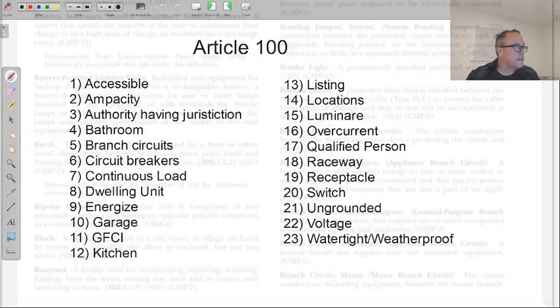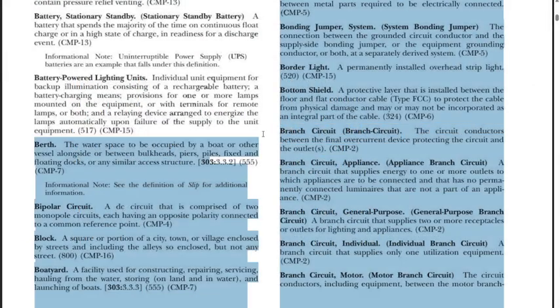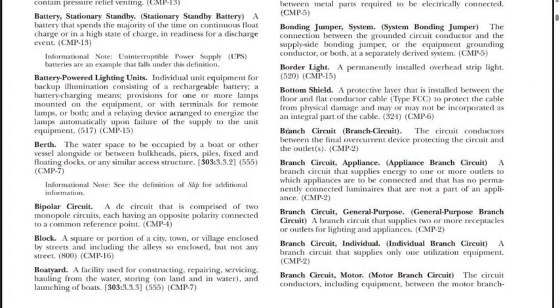So let's jump over to the next one, which is branch circuits. All right, and here again we have 1, 2, 3, 4. There are a bunch of branch circuits, so let's go through all of them quickly because we really just have to hit the first one that defines it, and then the rest of them piggyback onto that. So the first one, which we should highlight here,